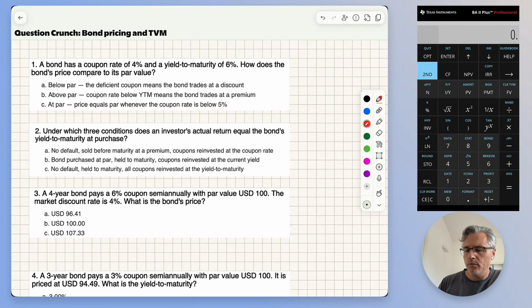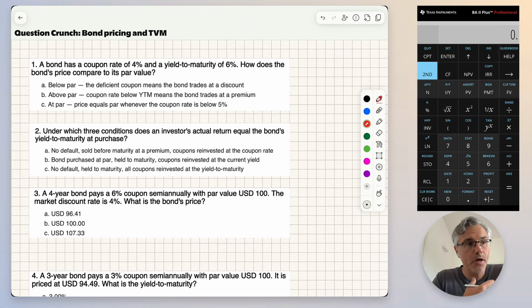Welcome everybody to what I think will be a relatively quick question crunch this time, focusing on the basic computations associated with the yield to maturity and bond pricing when supplied with a required market rate of return, a discount rate, or indeed yield to maturity, all those terms being synonymous. So let's just crack these 6 questions to get you ready to solve the more challenging computational ones later on